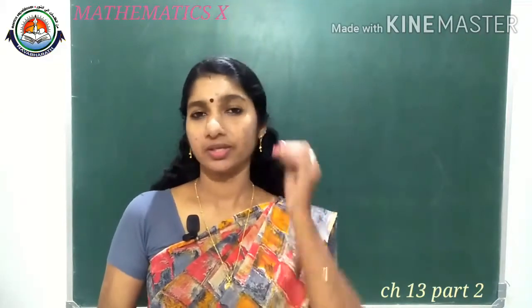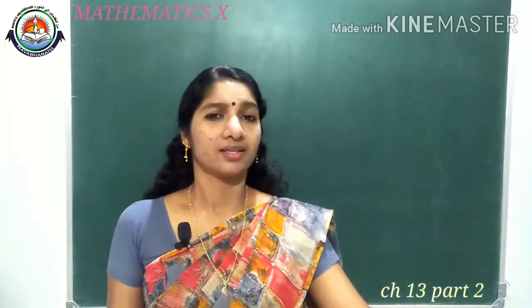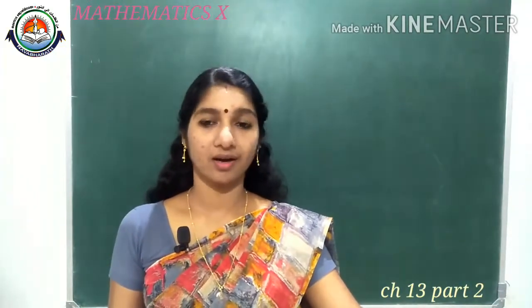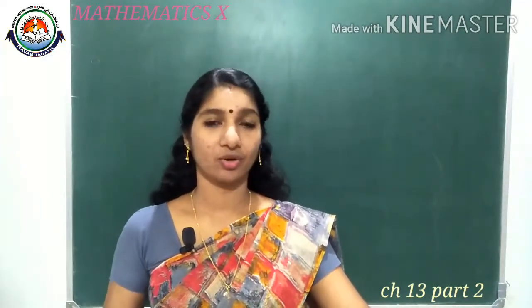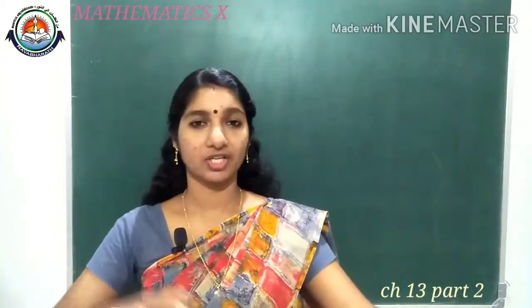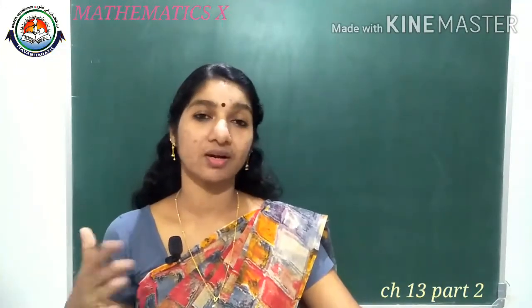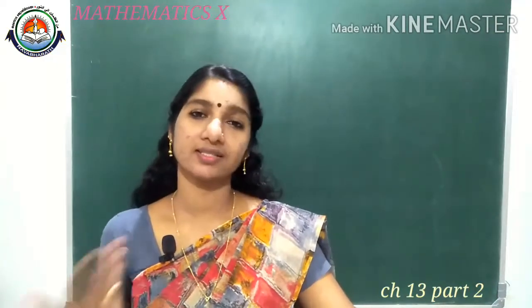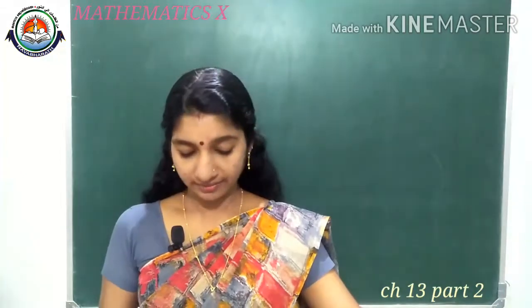Okay. So here one question is given, and I think you know what is meant by combination of solid shapes. That means on one cuboid, another one cuboid is attached, or on one cuboid one hemispherical shape is attached, like that. Some two or three solid shapes combining together, we will get a new object, that is called combination of solid shapes. Okay, then we can do one problem.